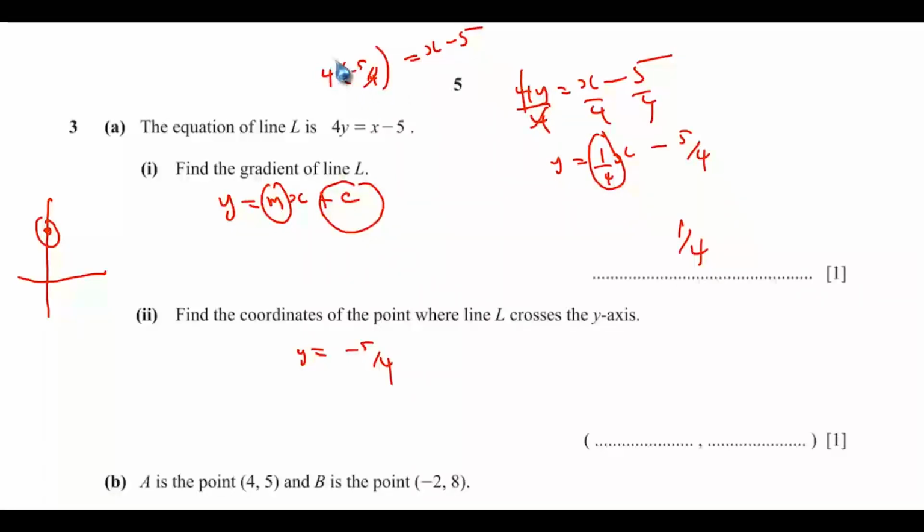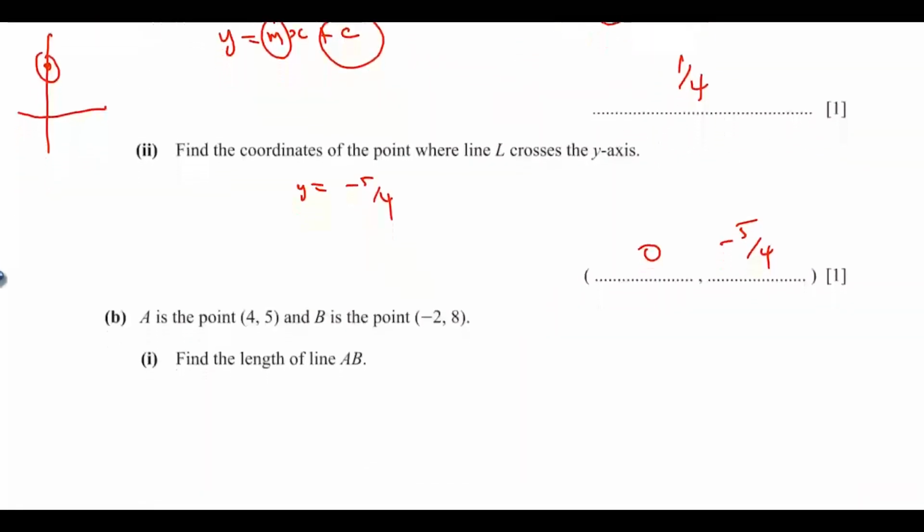So 4 will cancel 4, so we are left with minus 5 equals x minus 5. So if you bring this one here, you have minus 5 plus 5 equals x. Of course, you can see x is equal to 0. So you don't need to waste your time and do that. Once you understand the concept, you just put x equals 0 here, and you have y there as minus